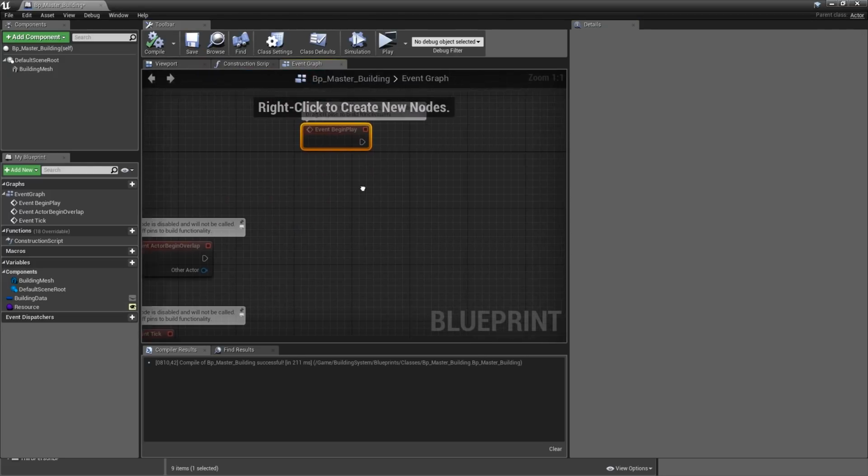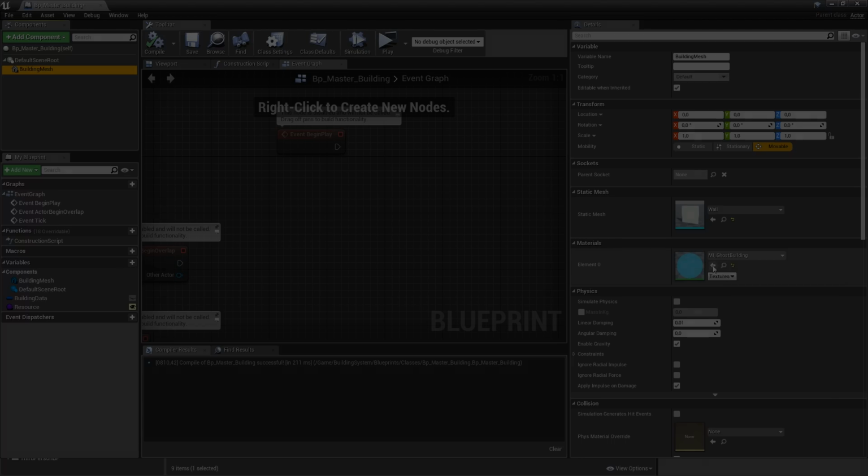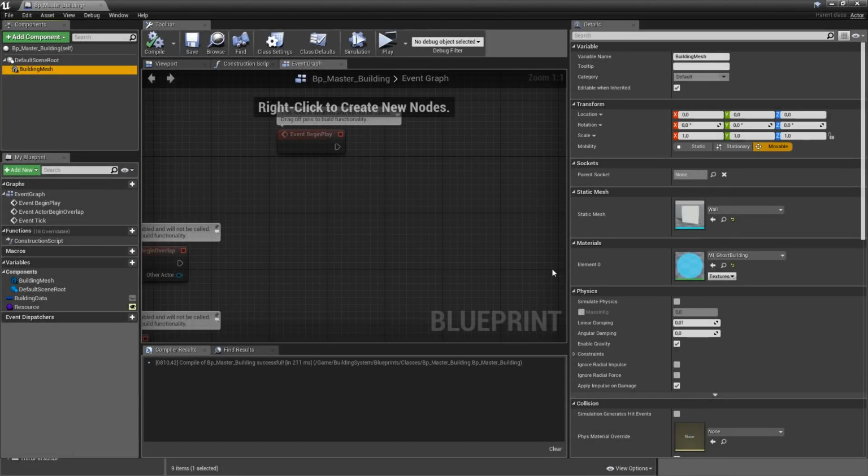And on begin play, we know that we've got to access our mi_ghost building, because there is a second reason why we made the color a parameter. That is that we can modify the color of the ghost building based on which resource is selected, just to indicate that. So we need dynamic access to that parameter. And in order to get that, you have to create a dynamic material instance variable.